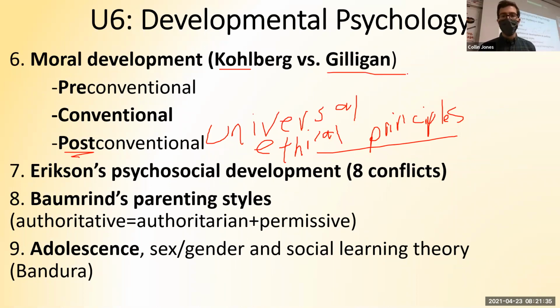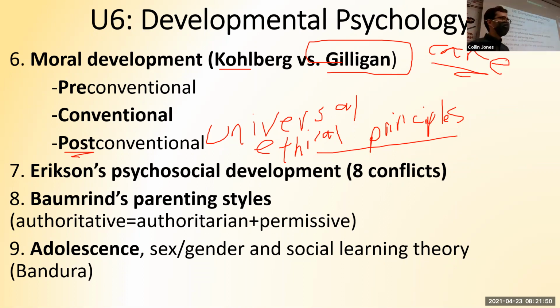Now, we talked about Carol Gilligan, who thought that his theory was sexist because it made it seem like only old white male college professors were ethical because they can think a lot. So she developed what's called care theory, care ethics, where she said that no, morality is based on how much you sacrifice for others. The word is altruistic. It's the idea that you sacrifice yourself for somebody else's good, altruism. She said that that's what determined people's morality. And she still used the terms pre-conventional, conventional, and post-conventional, but she said that she thought mothers were the most moral people because of how much they have to sacrifice of their body and their health and their well-being to raise their kids. It's an interesting idea. Questions about moral development?